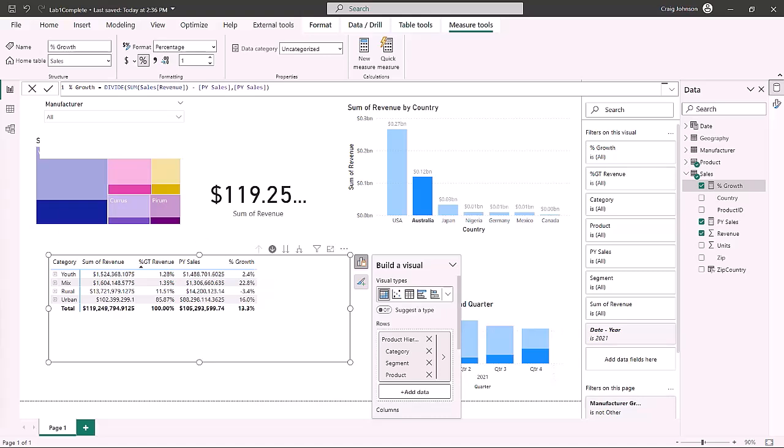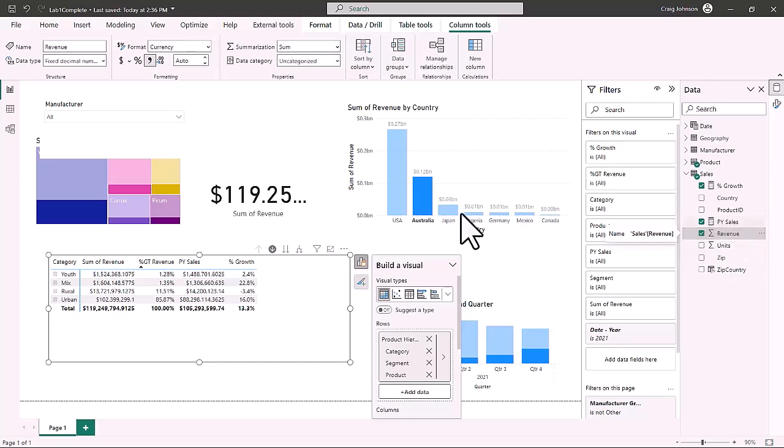One of the advantages of your measures is that you can format the measure once, and then every time you use that measure, it will already be formatted. So every time we use that percentage growth measure, it'll be formatted as a percentage with 1 decimal. And what we're going to do now is take the prior year sales, and we're going to make sure that format is currency. And we're also going to double check that revenue is set at currency. So those are just some of the options. Remember, with Power BI, you can always reuse your measures in other measures,